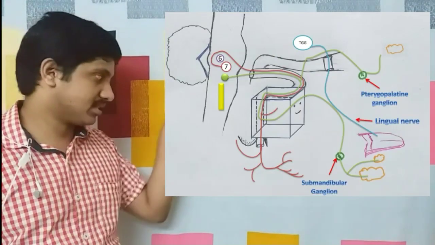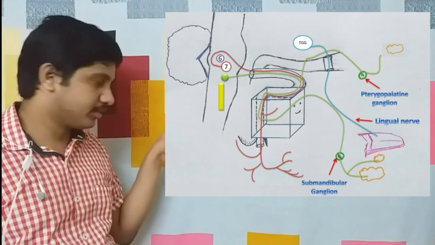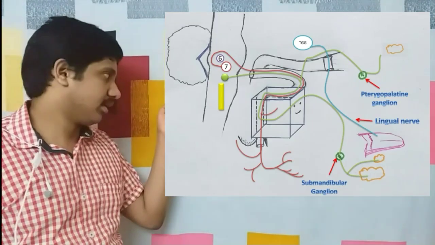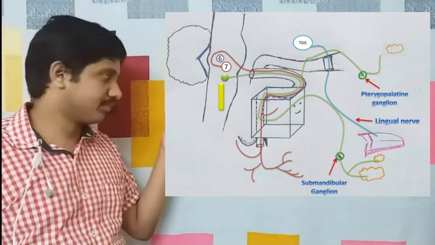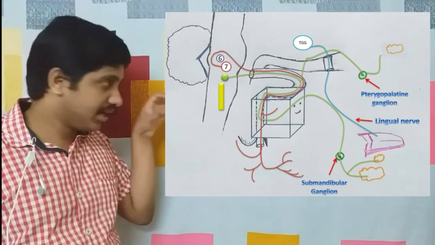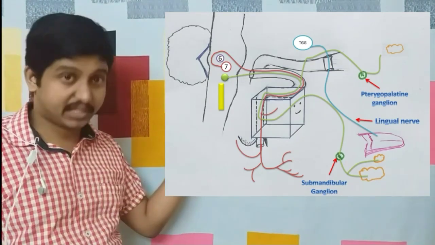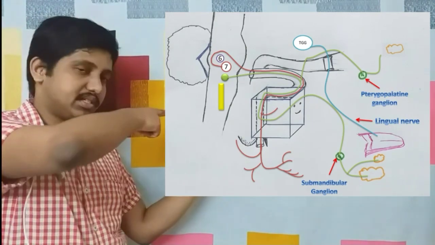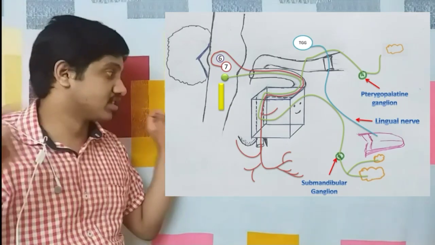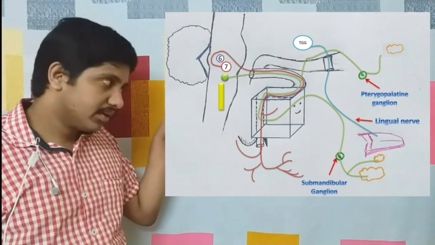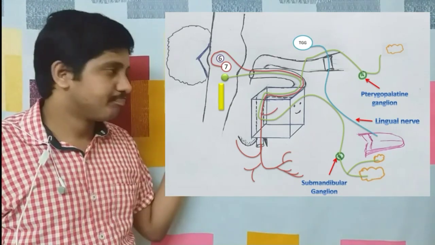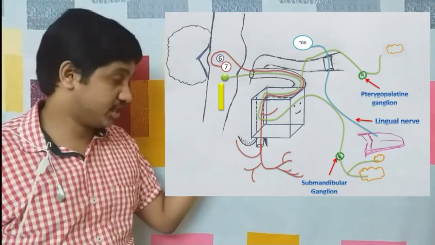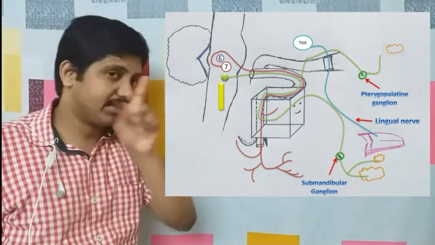So the next parasympathetic nerve fiber comes down up to the middle part of the posterior part of the facial canal in the middle ear, the posterior wall of the middle ear, then comes into the middle ear through the posterior canaliculus. Through the posterior canaliculus it comes inward. That's the difference from the motor part of the facial nerve. Then what does it do? It comes out through the anterior wall of the middle ear, that is through the petrotympanic fissure. It comes out, and then what does it do?